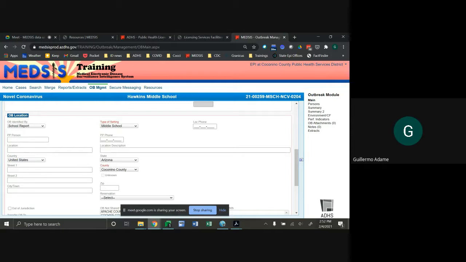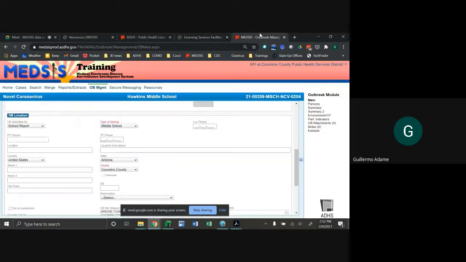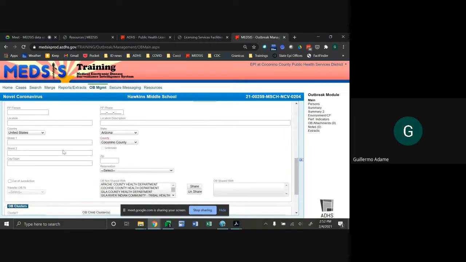And for outbreaks occurring in those licensed facilities that we mentioned that should be licensed in AZ Care Check, please enter the name of those facilities in the location. So what I usually do is I just copy and paste the name right into the location. I copy and paste the address as well if it's a licensed facility.